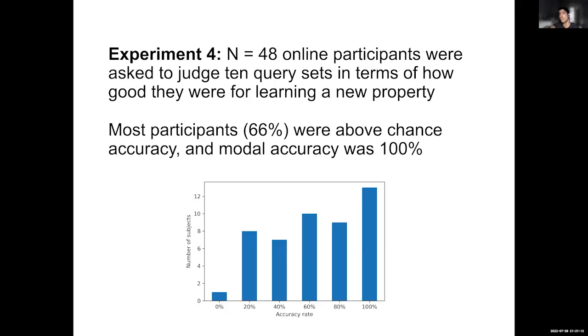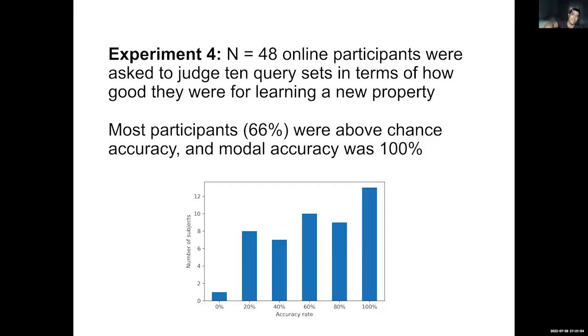That's what we studied in experiment 4. We gave subjects a bunch of query sequences generated by prior subjects, and we asked them to evaluate which of these sequences was more efficient or less efficient for the task at hand. And we found that people could do this. Most participants were above chance accuracy. The model accuracy at doing this was 100%. So even though people can't instantiate optimal search from memory, they're in many ways driven by semantic similarity. They can't control their minds, right? They can still, if you give them explicit sequences to evaluate, tell you that, hey, this is a really bad search sequence, and this is a really good search sequence.